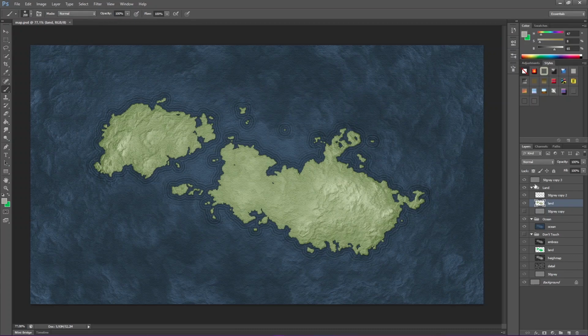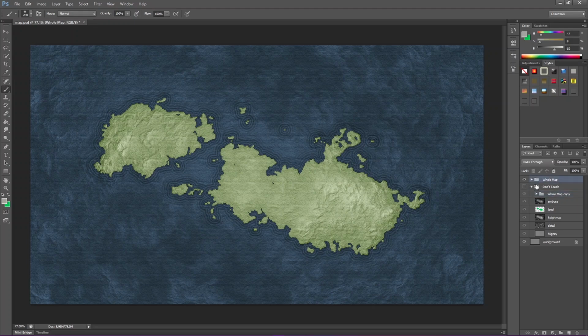This is the point where I really want to back up. So I'm going to take my ocean and my land, everything that makes up the information that I'm working with, right? Back it up. We're going to create a group. This is the whole map. And I'm going to back that up, pop it into my Don't Touch folder. Alt, click, drag, makes a copy.